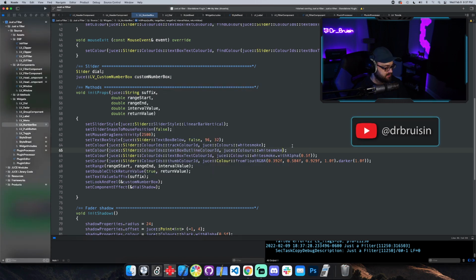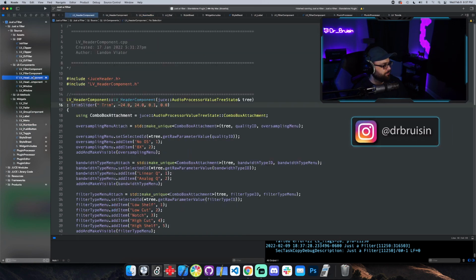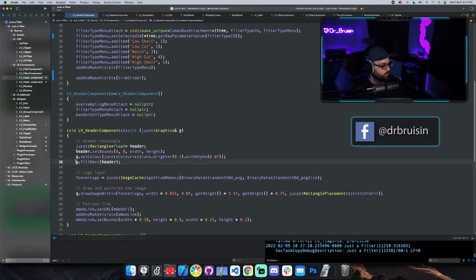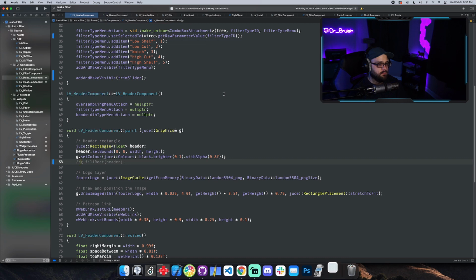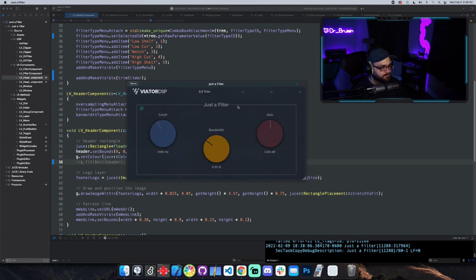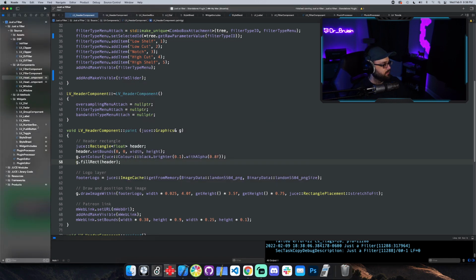I wonder if I can't see the shadow just because it's on a black. Nope, it's not doing anything. Well,